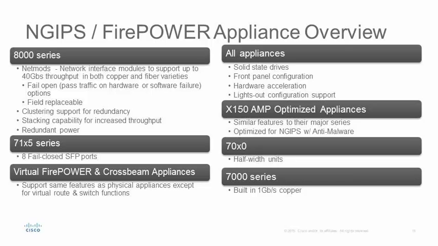We already briefly covered some Firepower appliance features that are universal to all models. Here we have an overview of the various lines, restating the universal features found in all appliances, and specifics found in the 8000 series, the 7100 series, the 7000 series, and more. The 8000 series appliances all have modular netmod bays, and some of the models are stackable to allow for additional throughput capacity. The 8100 series are 1 RU in height, and the 8250s and 8350s are both 2 RU or